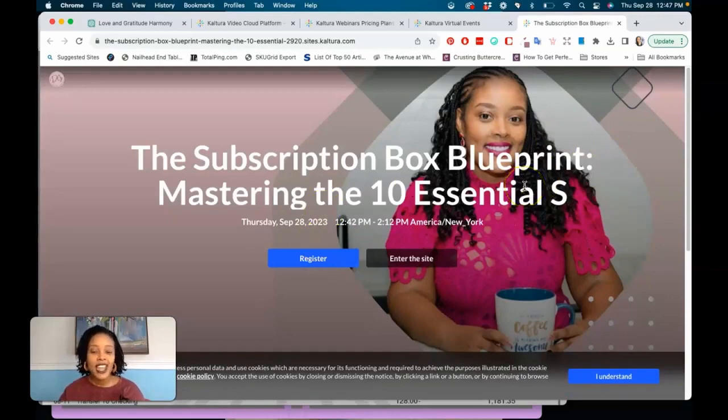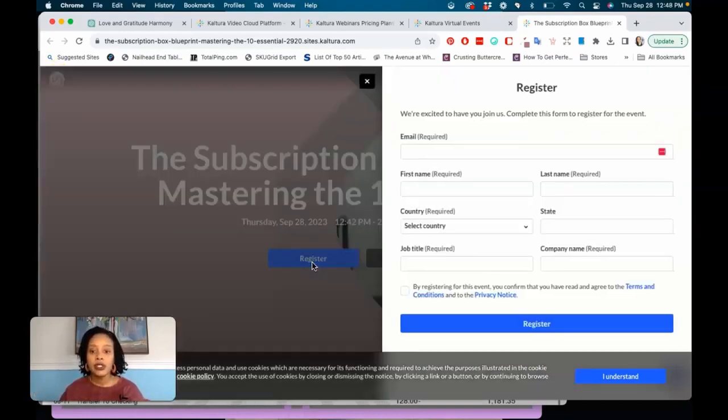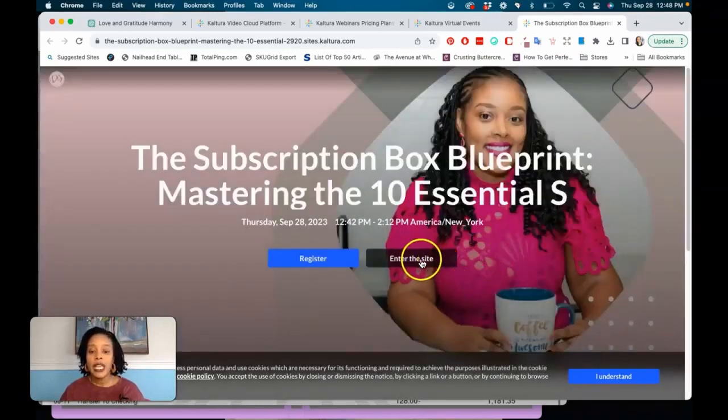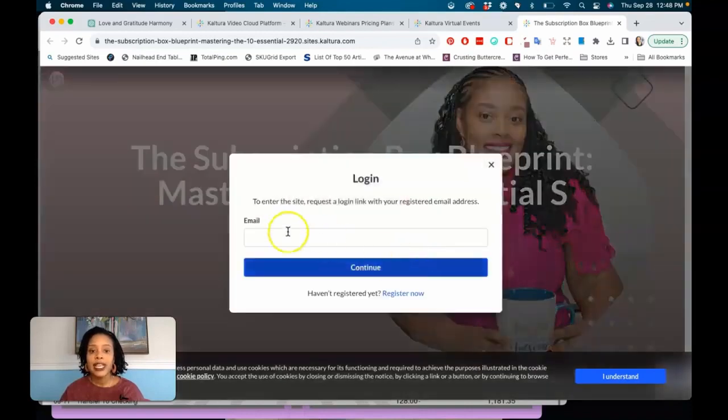So you see my amazing banner up here. It looks really good. They suggested I not use words on my banner. I see why now, because these words are popping out here. And then you see my logo up there. So they can click here to register. And this is where they put all their information in. And then this is where they'll be able to actually enter our webinar site as well. But they'll have to have that email in order to get in.